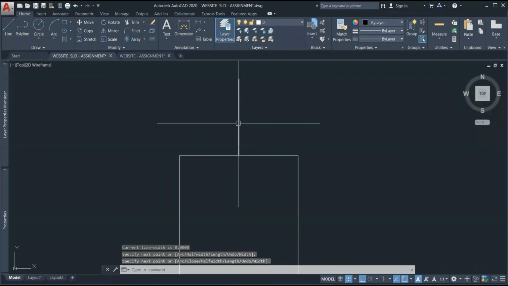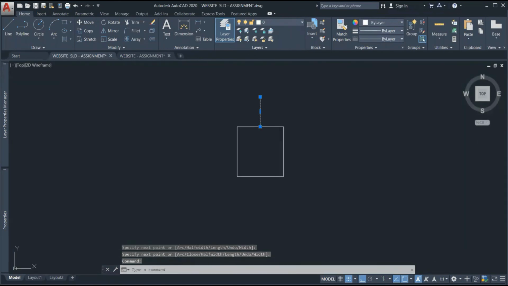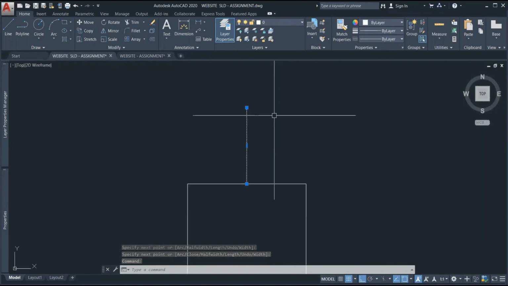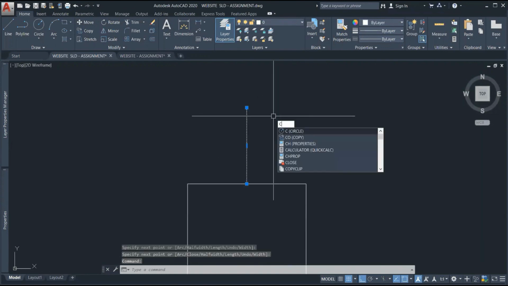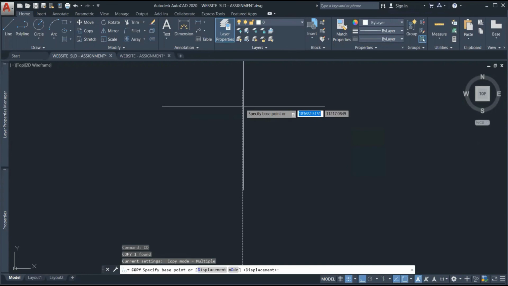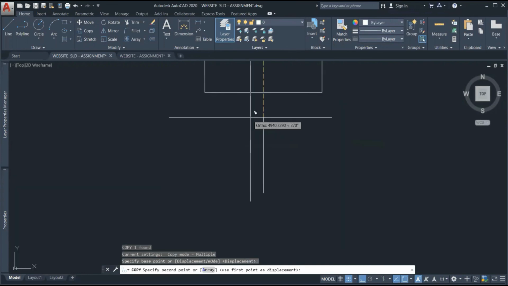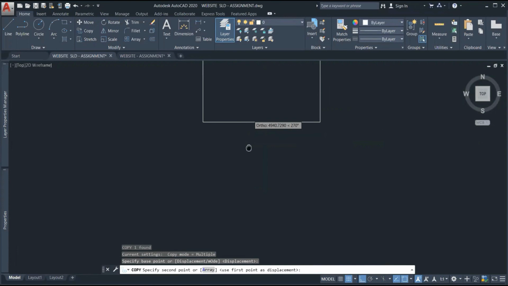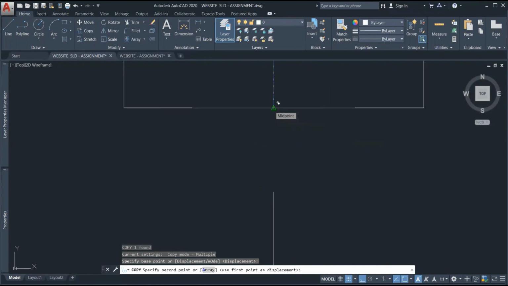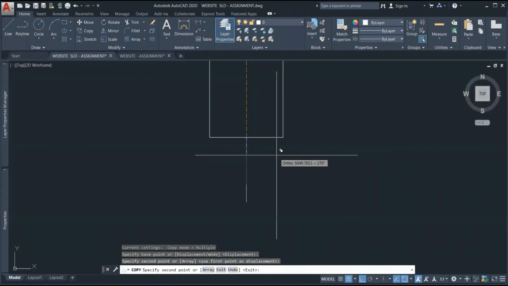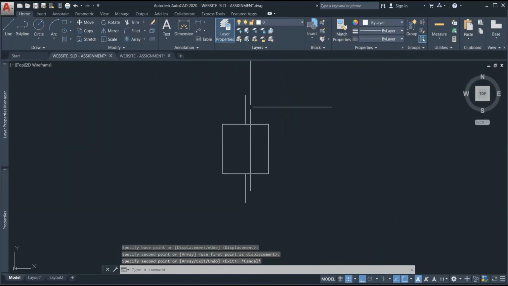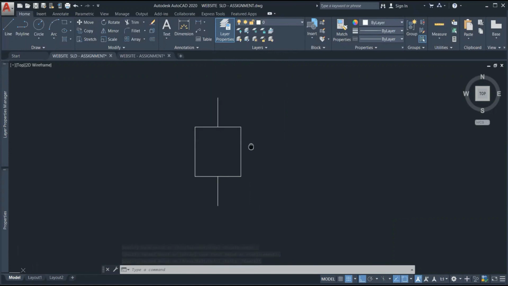So one connection we have made. We'll use it again. Copy this object, CO, enter, pick the top point or end point, go downward, and again this triangle is appearing. Click on that and press escape. So this is how we make the circuit breaker.